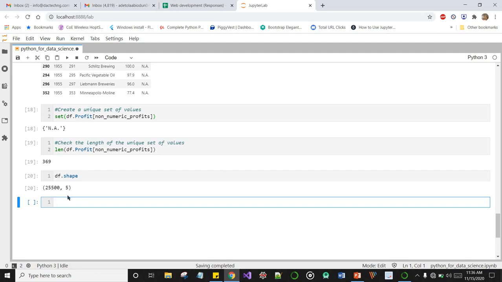So the next thing we are going to do now is to import our plotting libraries. Because we would still like to visualize these non-numeric profits, right?